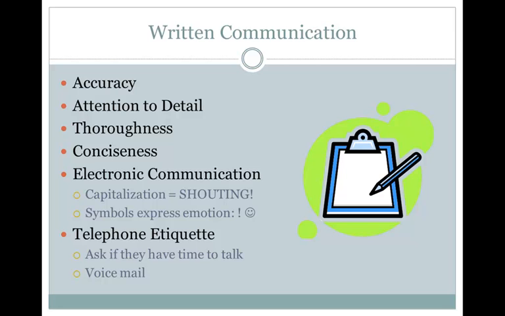Now, when we think about being concise, we want to be clear and brief and use pertinent information. Many times I see that nursing students will write a note, let's say a cardiac note, and in the note I'll find things on GI, bowels, pain that's not related to cardiac. When you're writing those notes, you want to be as concise and brief but to the point as possible, so